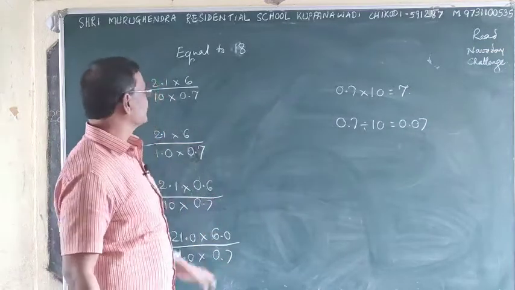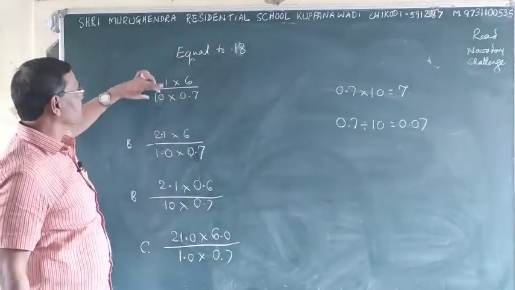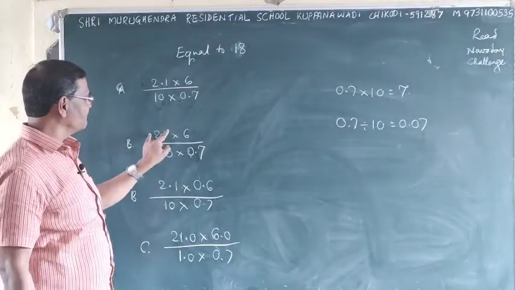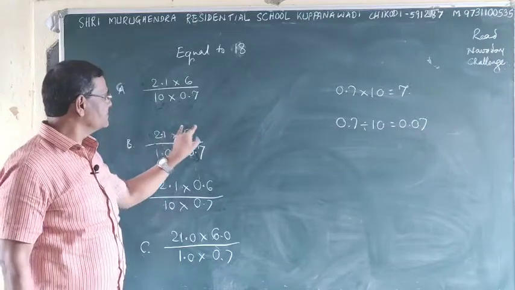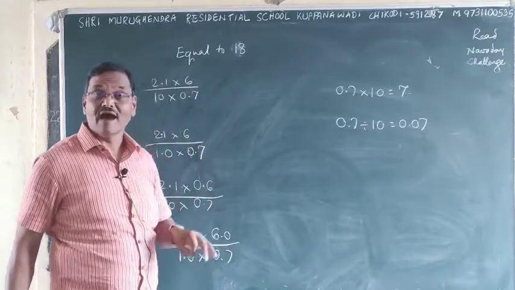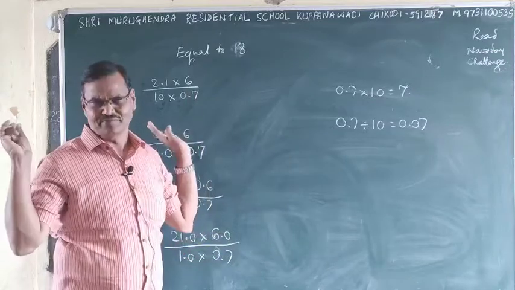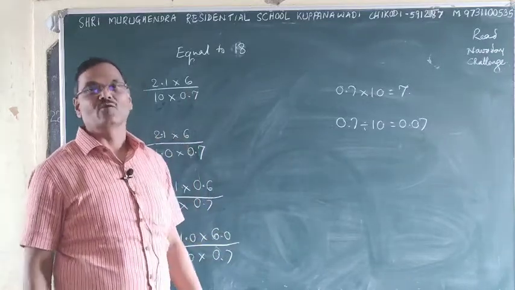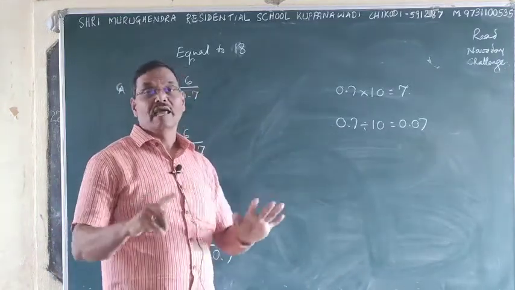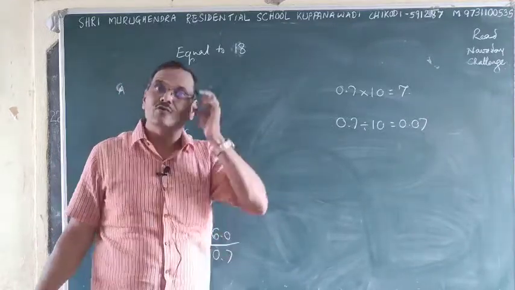Here what happens? All neutralized. This is 21 into 6 into 1 into 7. It is all the same. It means that 7 1s are 7, 7 3s are 21, 3 6s are 18 comes. Whether it is 0.18, 18, or 180, or 1.8, like this it will come, isn't it? Then how do we have to find this? If you go on calculating this, your time will be ended. So, what trick do you have to use in finding equal to 18?